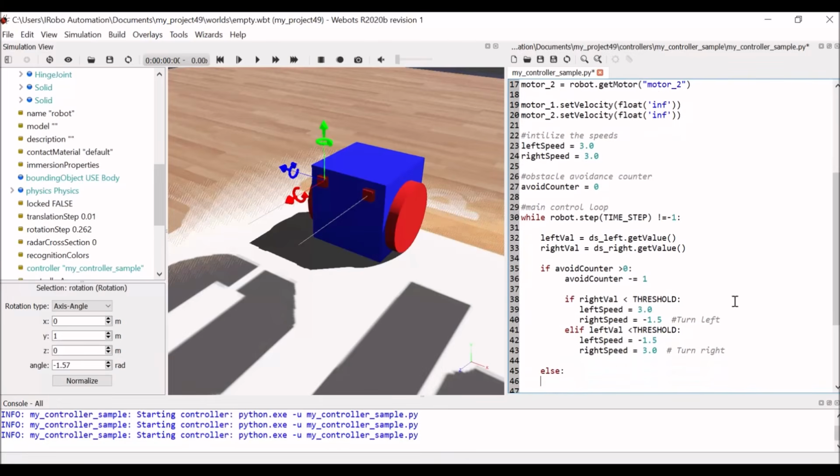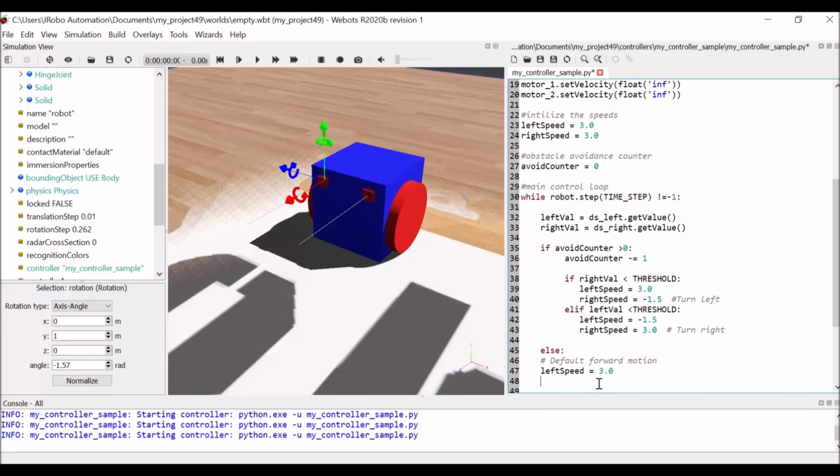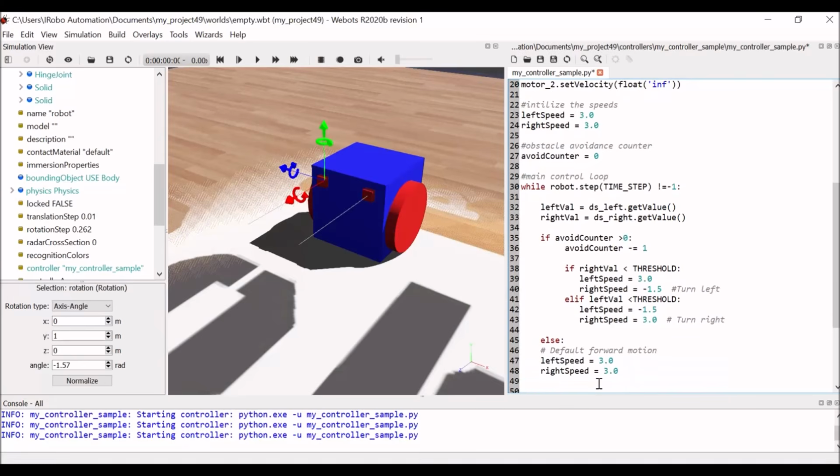Else, so we are this one. If else, so that is default, it is forward movement, default forward movement. Forward motion, that is left speed is equal to 3.0, right speed is equal to 3.0. Okay,